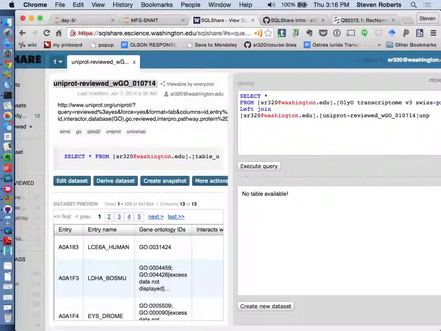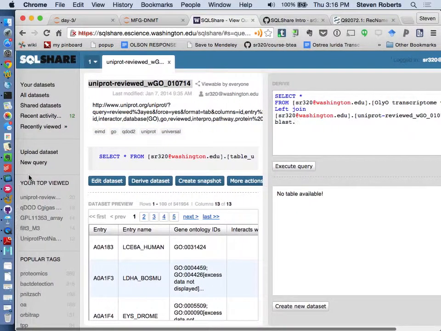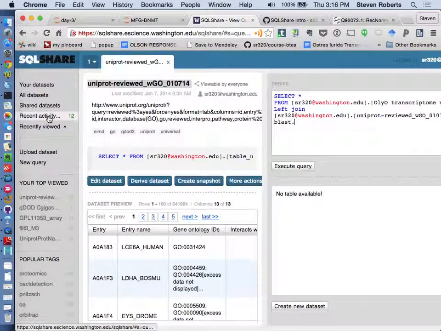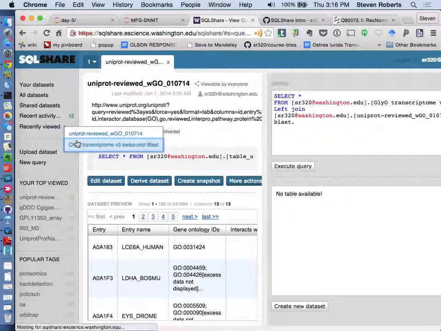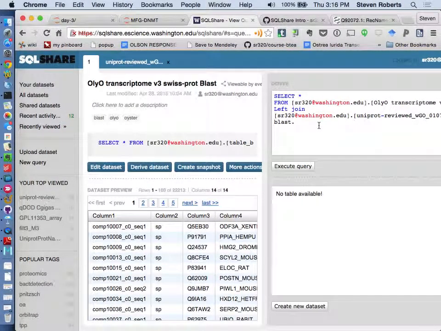Okay, so I left joined it. What's the last thing I need to do? Yeah, exactly. I need to tell the computer which columns I am joining on. All right, and so that's going to be, I don't have to type out the entire name, it's going to be the name of this column. This happens to be column 3. This equals